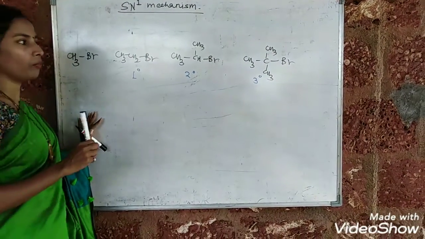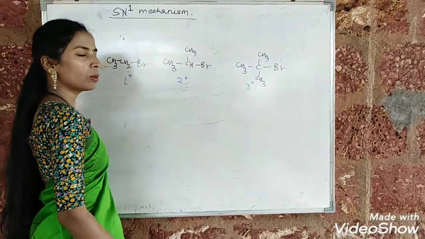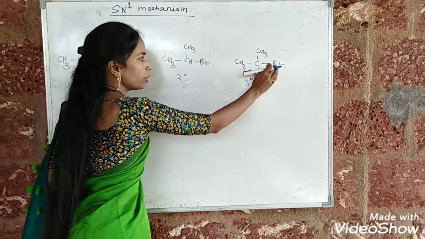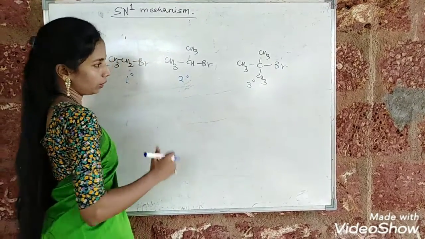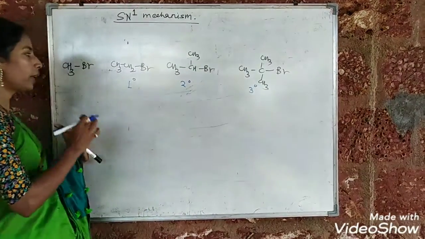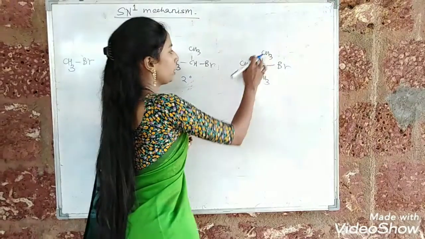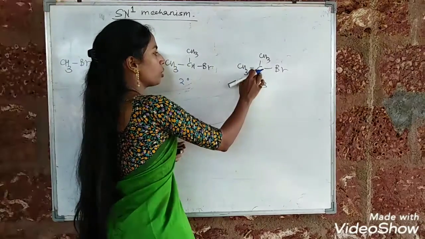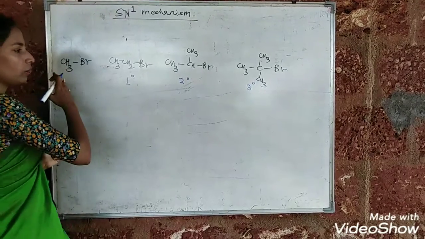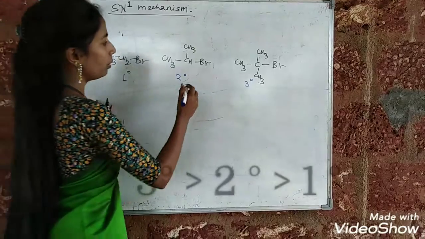But in the case of the SN1 mechanism, it is easily shown by tertiary alkyl halide because SN1 follows a two-step mechanism, and when there are three bulky groups present, it is not possible for the nucleophile to arrive. So in the first step the leaving group is removed and then only the nucleophile can attack. So this type of mechanism is easily shown by tertiary alkyl halide than primary or secondary alkyl halide. One more reason is that the presence of bulky groups increases the positive charge on carbon, therefore the nucleophile may easily arrive, and therefore the mechanism shown by tertiary alkyl halide is SN1. So the reactivity order is like this.